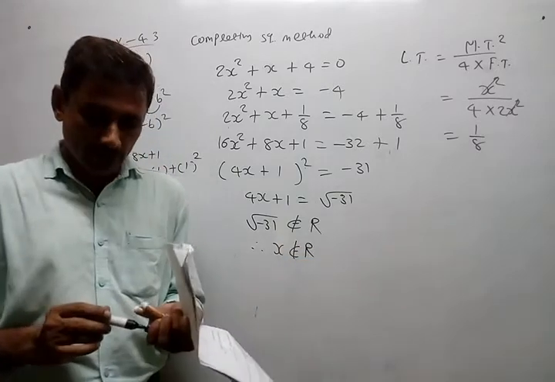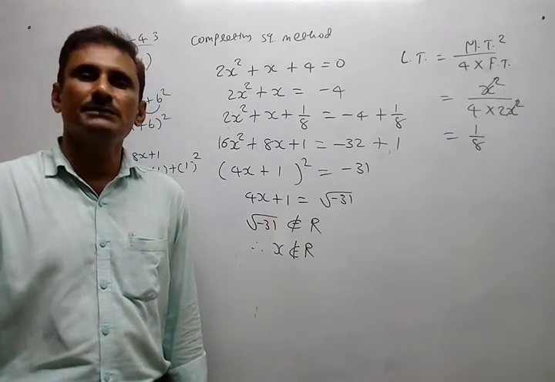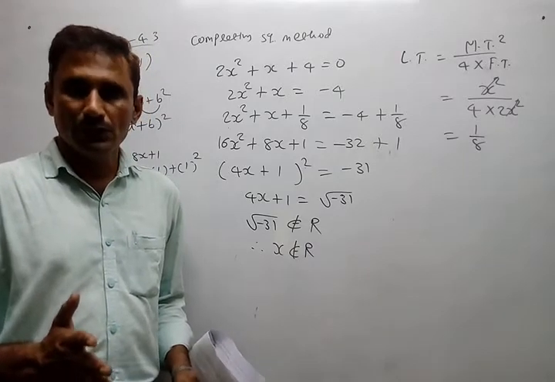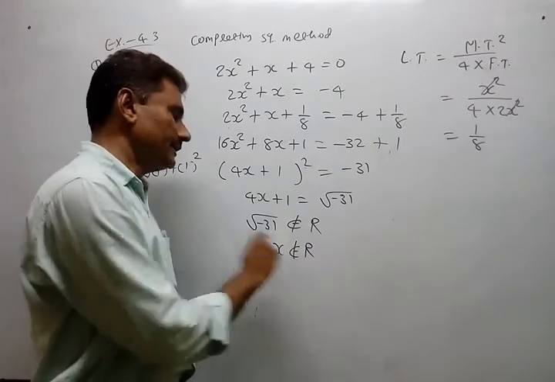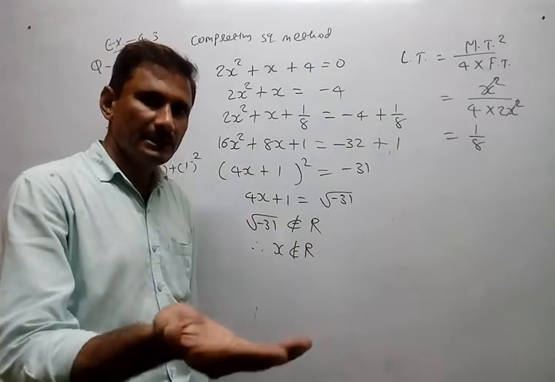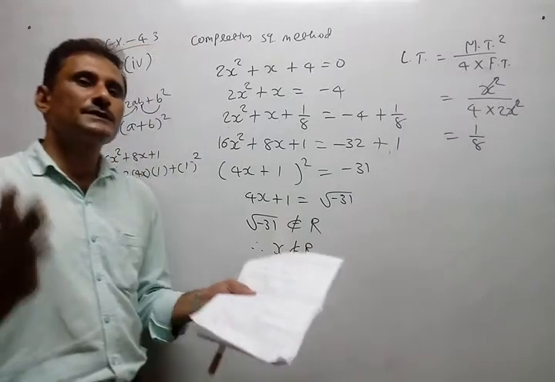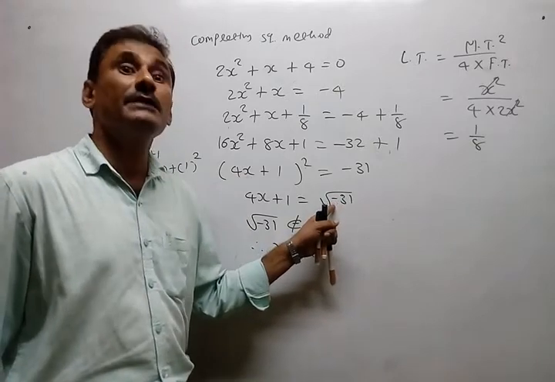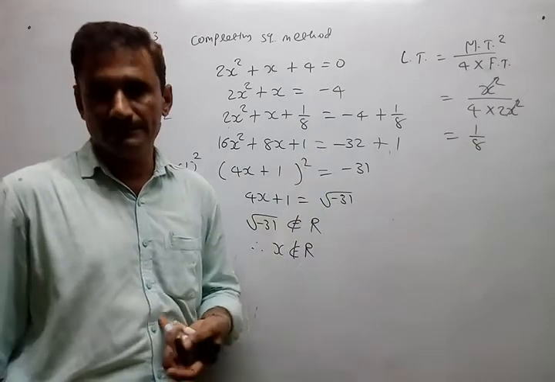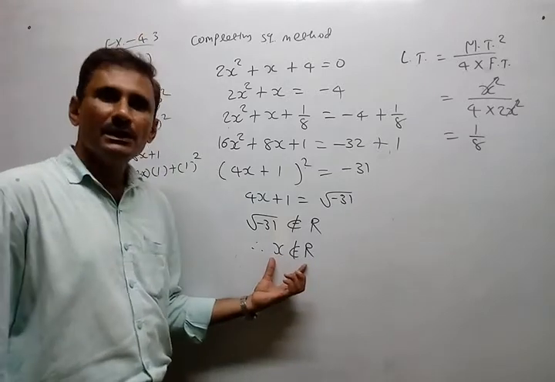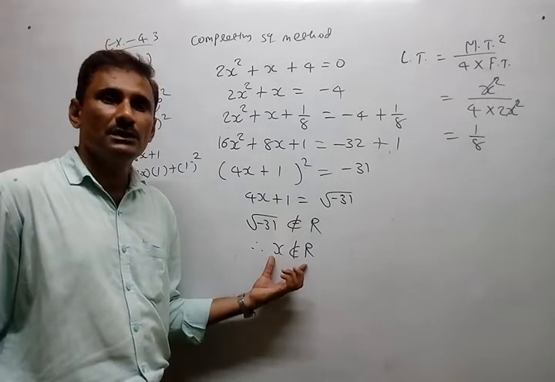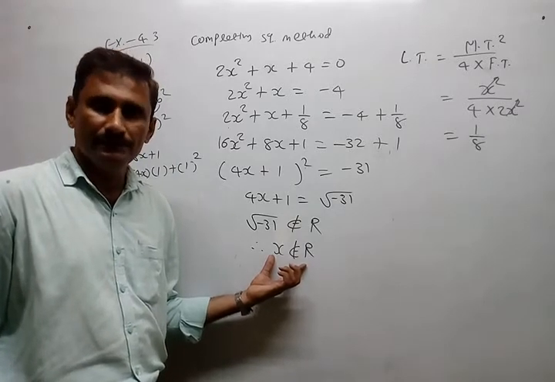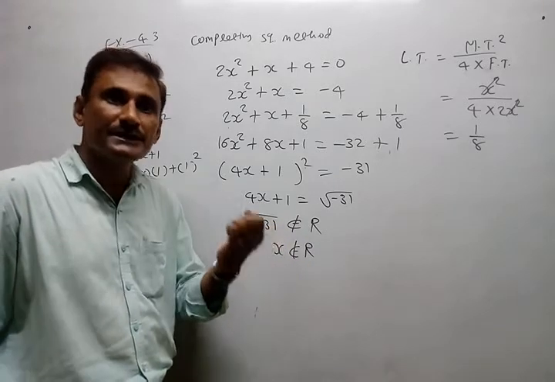In mathematics, we cannot say blindly that root is not possible or solution is not possible. That is not the language of mathematics. We have to say that x is not in the real numbers, because in 11th science, many of you who study in the science stream will find the root of minus 31, any negative number, and it will be a complex number. So if I say here the solution is not possible, root is not possible, or it is impossible, this type of statement or phrase is not appropriate here. They are quite rough or rustic language.